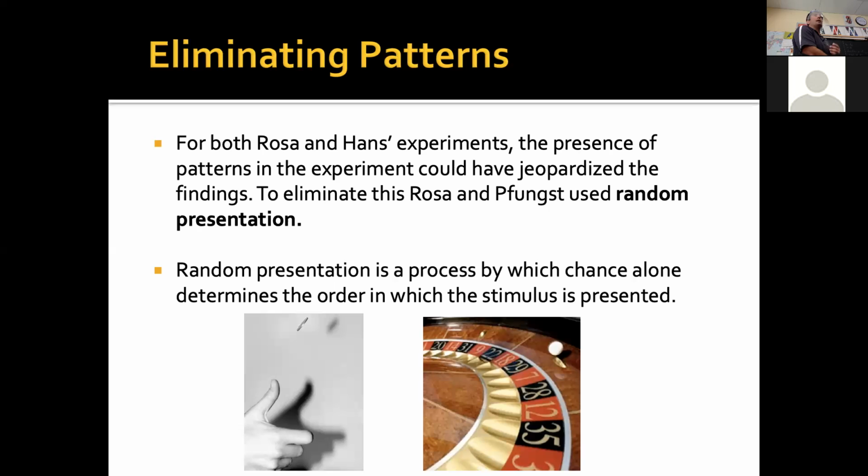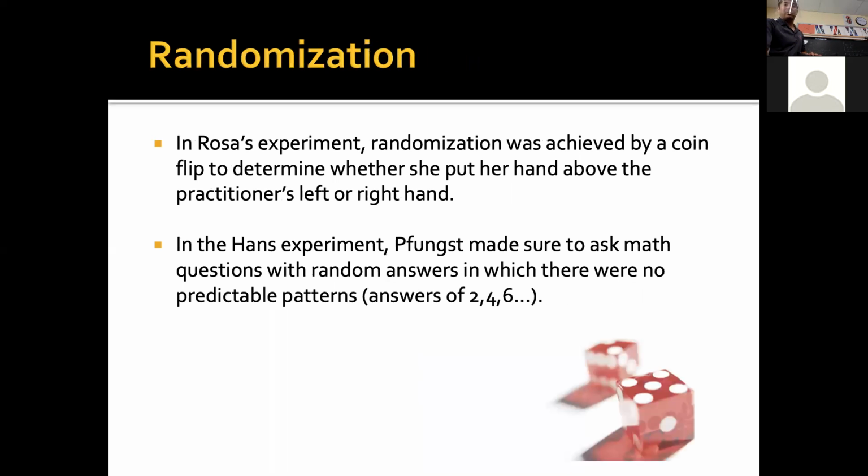Yeah, good job. He is including randomization through the mathematical equations. He's making sure they're random and that there's not a tendency. So if he asks 2 plus 2, the next one's not going to be 2 plus 3, and the one after that's not going to be 2 plus 4. He's going to have a random association with the equations he comes up with, so it's not predictable and Clever Hans isn't guessing what's next. So again, the flip of a coin for Emily Rosa, and different mathematical equations for Funk's.